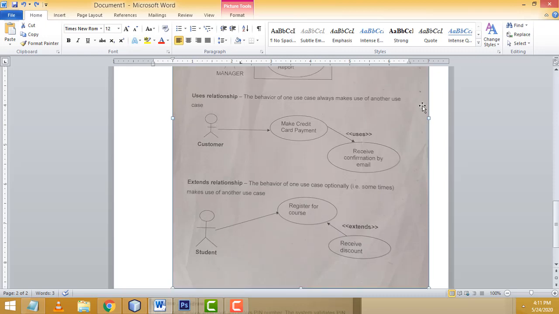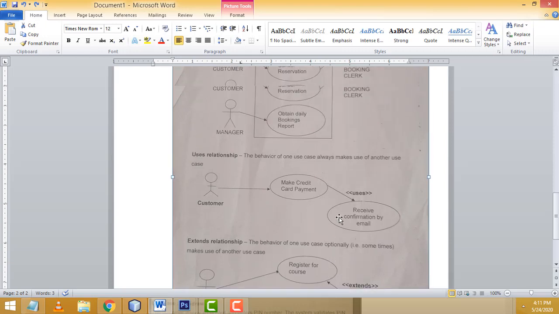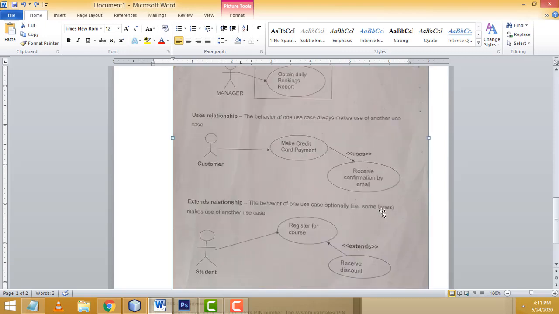You have to understand the difference between the use relationship and the extends relationship, right? This is very important while you draw the use case diagram. Very important. You must understand this same situation, right? This one is important, this one is not always important, right? This may happen or not. Sometimes it will happen, occasionally, right? Keep in mind what was explained today, right?